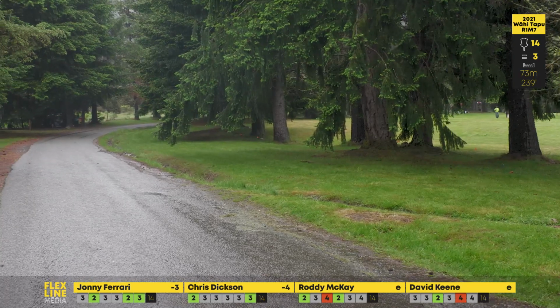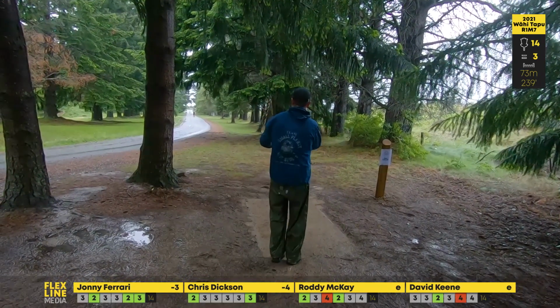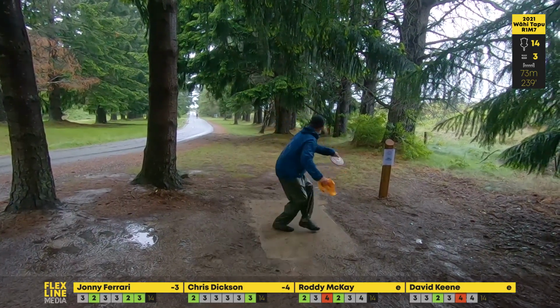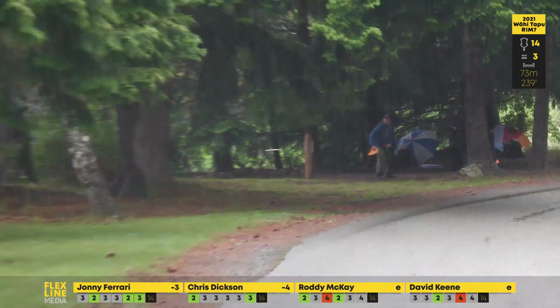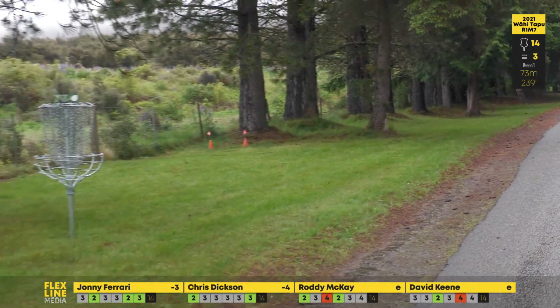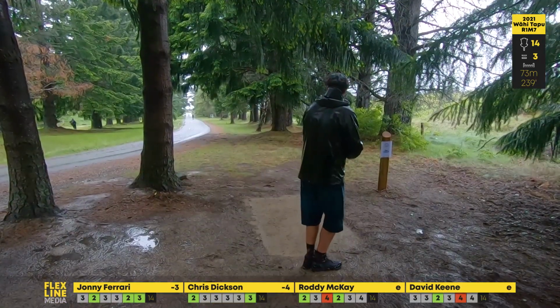Johnny, not 100% sure what happened there. He almost looked like he put a bit of topspin on there like it was a game of pool, and he's just tucked off to the left-hand side, which is safe. So he'll have a wee up and down. Chris with his AVR 3. He's left it very low and short. Not the ideal shot, but...